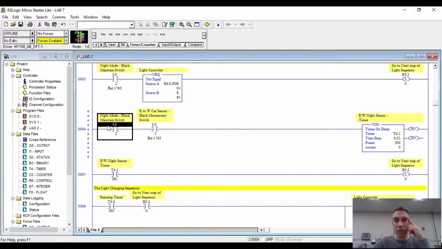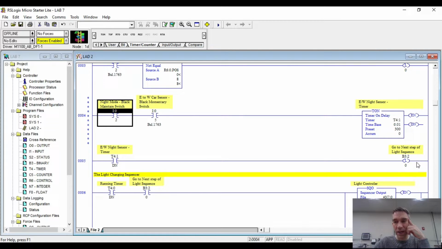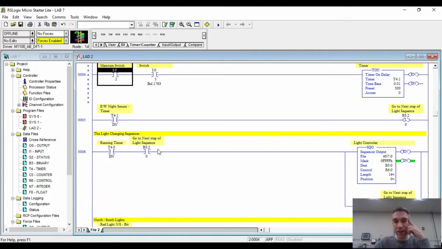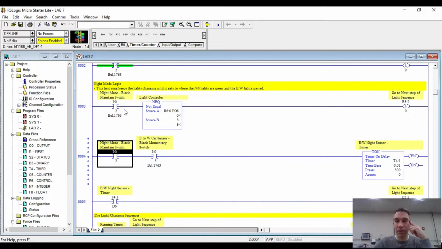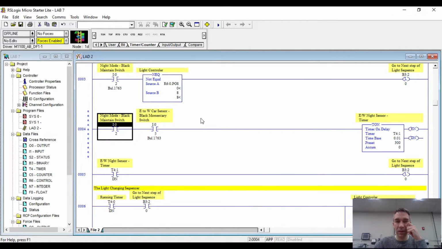There we go. So if it's in night mode and there's a car sensor, the car sits there for 3 seconds on the east-west road. It'll latch this to start the lights again, go through the sequence until it gets back to the 8 line, meaning it'll run through the sequence once just to let that one car through, and then it'll stop where north-south is green and east-west is red. And that's the